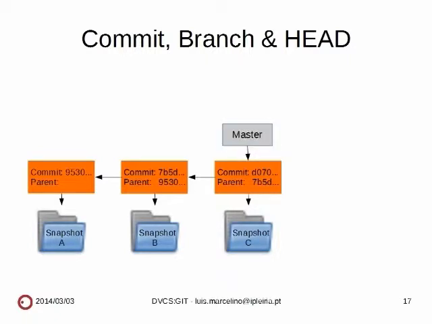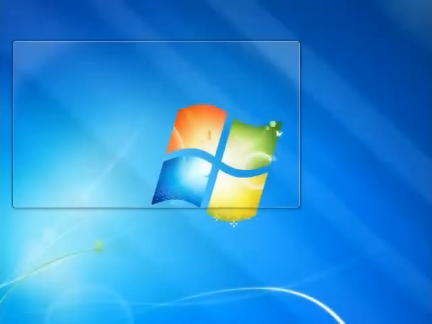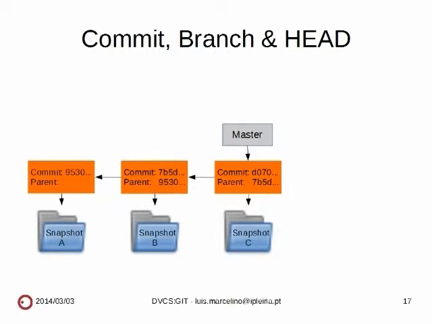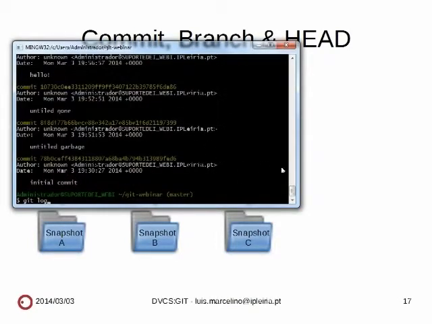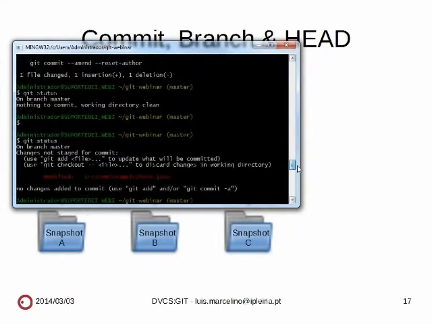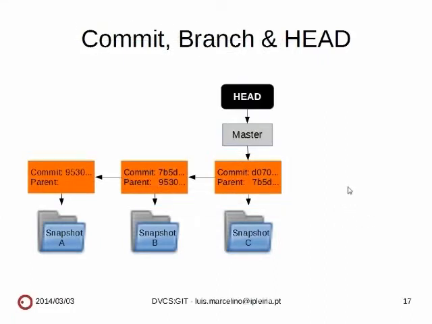This one is called by default the master. So this is my branch. When I initialize Git, if I come here, it says on branch master. So it keeps saying on branch master, on branch master. So it's easy to remember that I'm working on master, and I'm working on master because that's what HEAD points